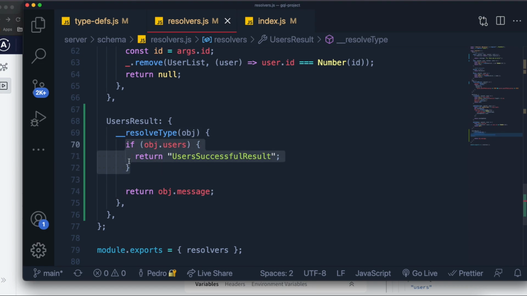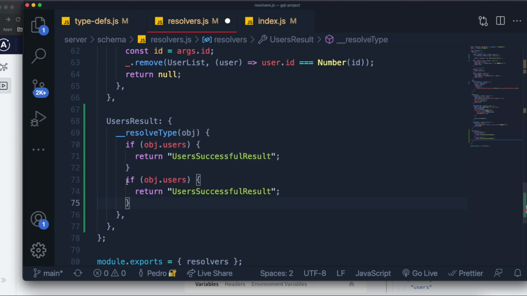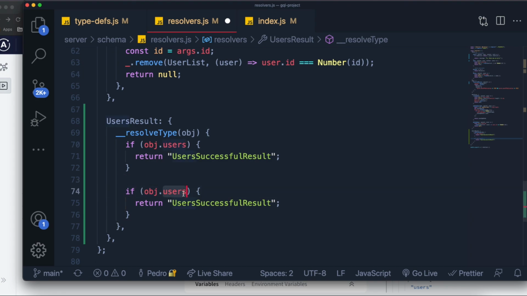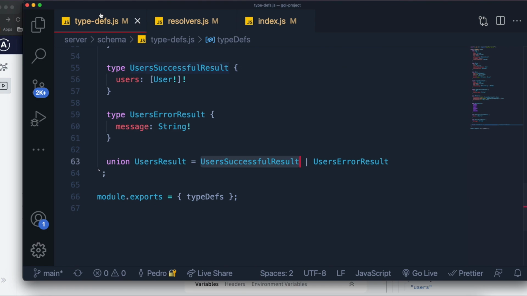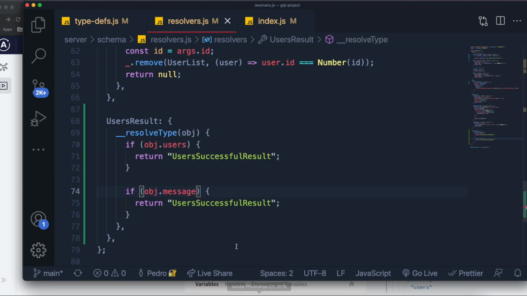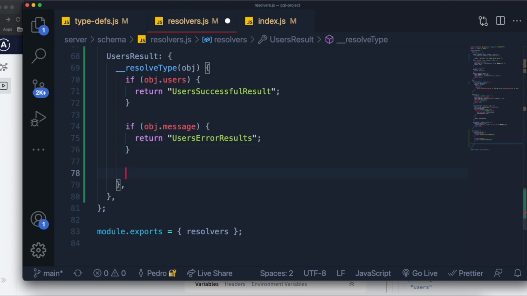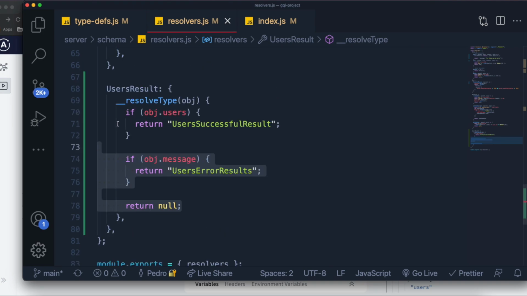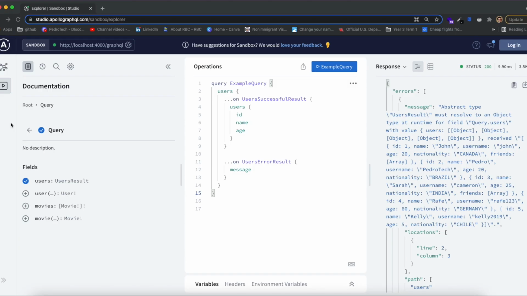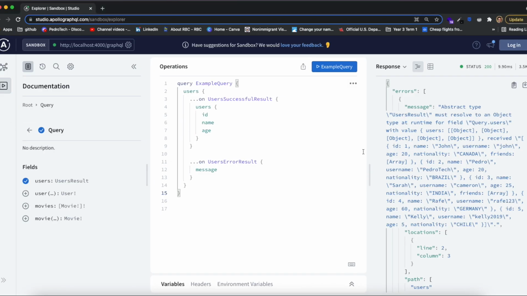Then we do the exact same thing, but for the message. So we just put if object.message. Then we know it was an error, and we just copy the user's error result over here and paste it down the bottom. Now what happens is, if none of those are true, then it was a GraphQL validation error or any sort of GraphQL error that occurred. So we can just return null in this case because it will know that it was a GraphQL error instead of an error that we predetermined based on some sort of API call or some sort of database call, something like that, right? So when we have this done, we can just come over here, open this up as well,